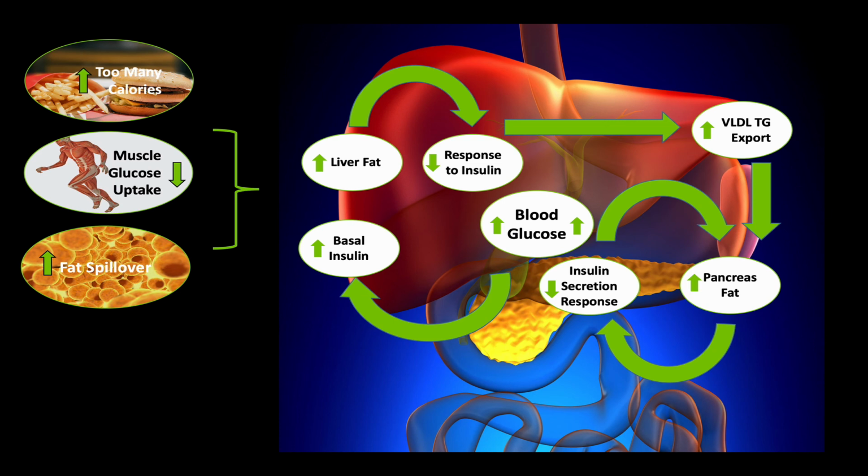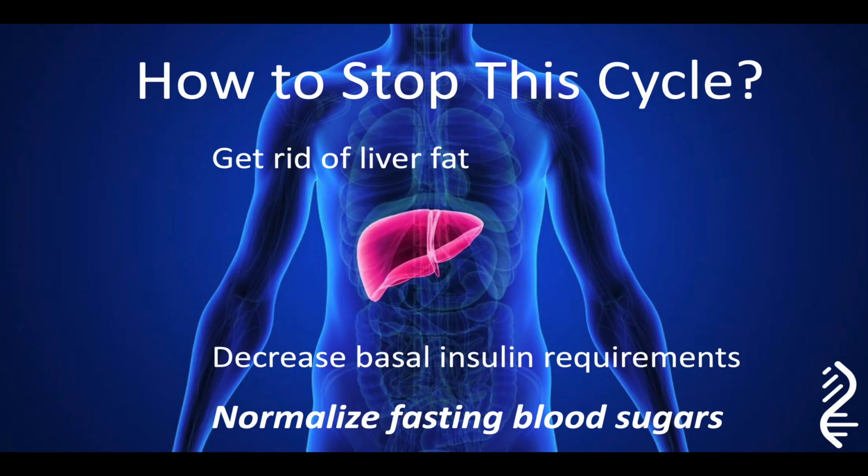Because if we can break this cycle, we can stop insulin resistance and we can reverse type 2 diabetes. The way we break the cycle is we've got to get rid of the liver fat, and this will allow the insulin requirements to go down, insulin levels to go down, which will in turn accelerate the process. So if we can lower the insulin, if we can lower the fat,